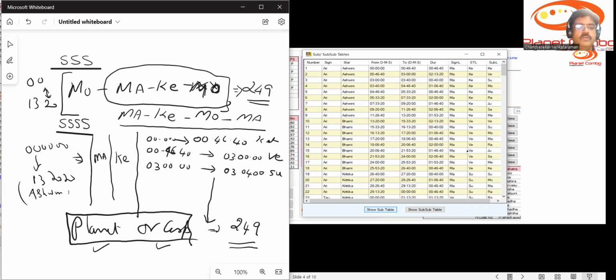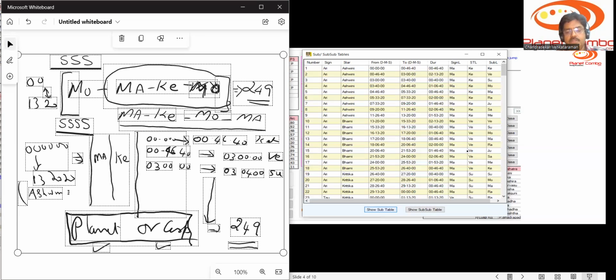And this is a static model. So at the time of birth, it will tell you Mars, Ketu, Moon is the sublord, the star lord, sign lord, star lord, and sublord of Moon. And this gets listed in the planetary table, okay. So this gives you the understanding of how the dasa table or the dasa period links into SSS combination. The system automatically calculates. Please refer to, you can Google any site to look at the 249 table. You can download the table, and any planet or cusp should fall within this 249 table, and the software automatically